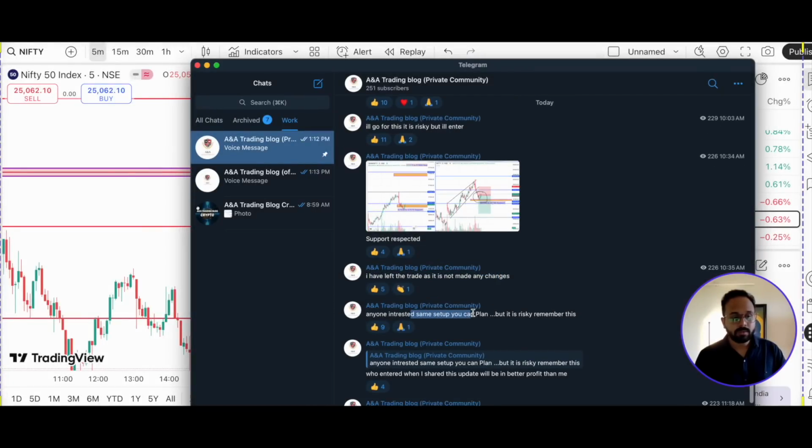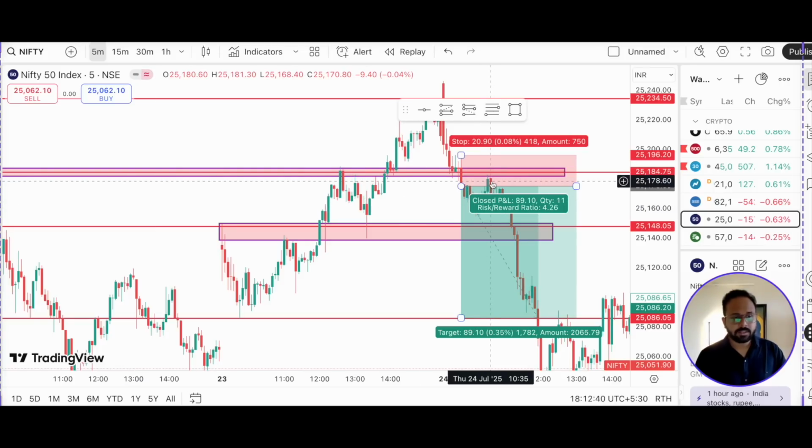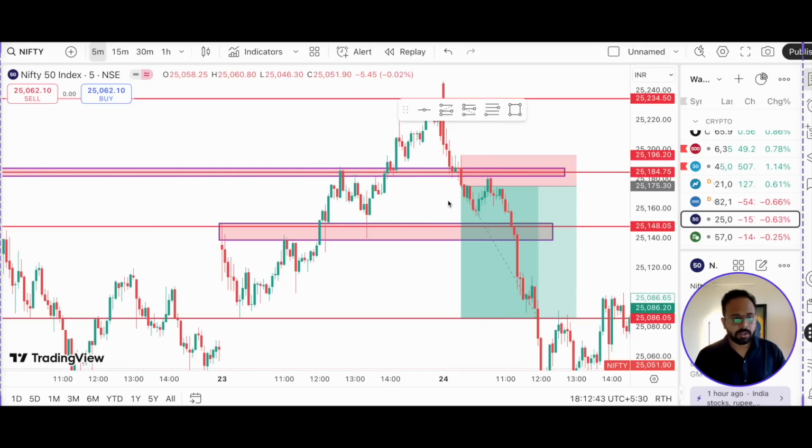Anyone who's interested for the same bearish setup, you can plan, but a risk, you please remember, take it under control. At what time did I say this zone only, right? Because here I got the entry, I took the entry. Okay, I placed my stop loss somewhere here. I looked for 1:2 risk reward,